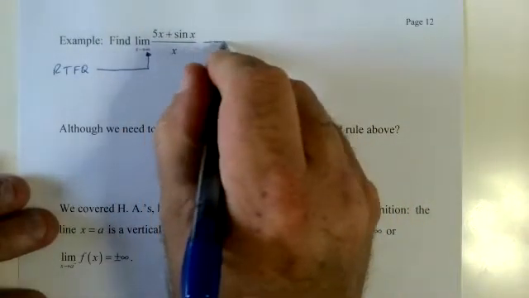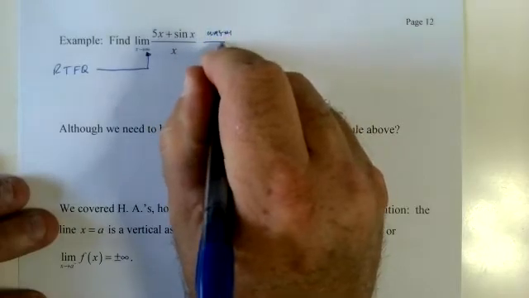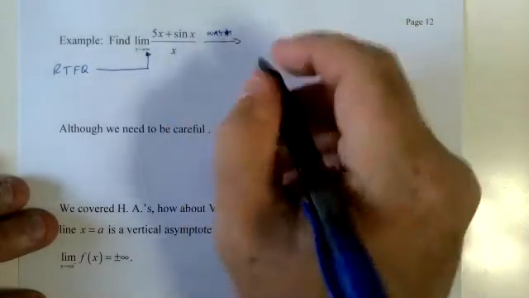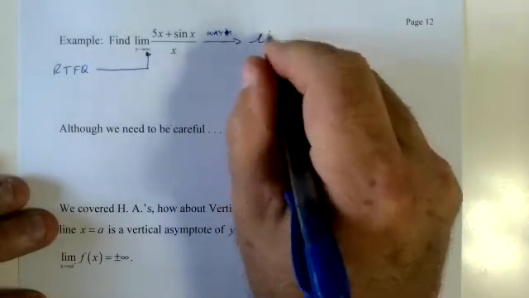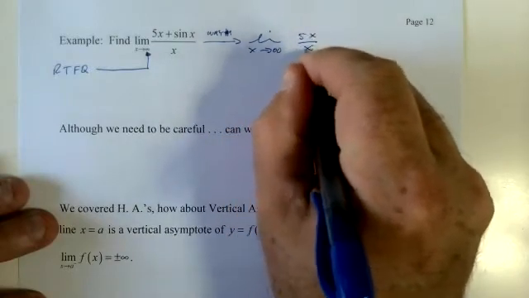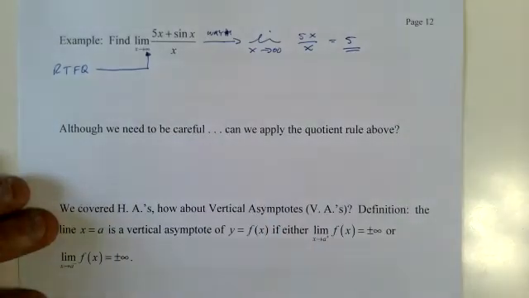So way number 1: I could just say that's the same as the limit as x approaches infinity of 5x over x. The x's cancel and that just gives me 5. Or